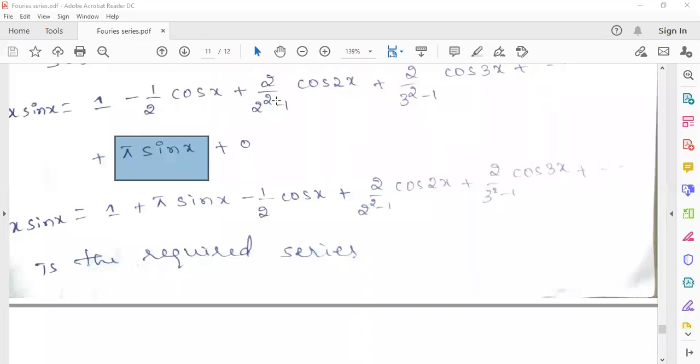Okay, next problem you try. This is actually not clear, so I will tell the function, just try. f of x equals square root of 1 minus cos x in the interval 0 to 2 pi. So once again, f of x equals square root of 1 minus cos x in the interval 0 to 2 pi.